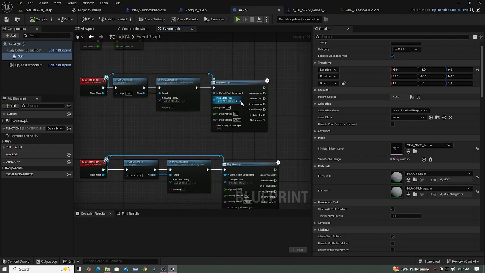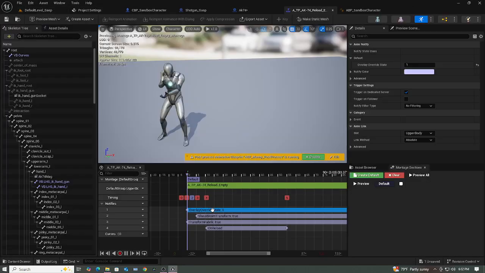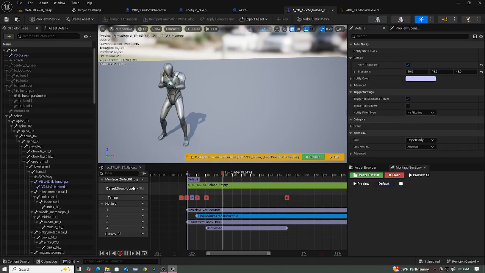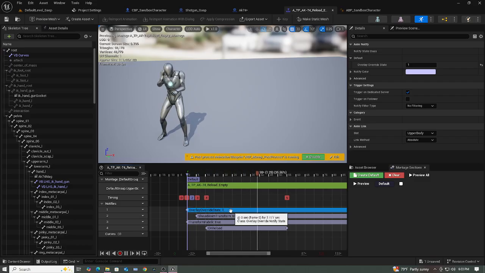So for the first person montage, you will use the upper body slot, and then for the third person montage, you will use the left and right slot,